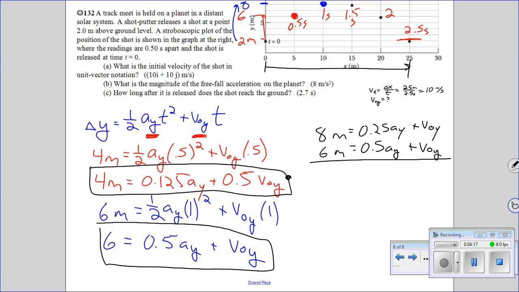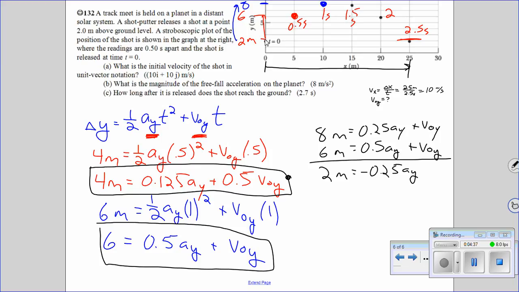Now I can just subtract, right? 8 minus 6 gives me 2 meters. 0.25 minus 0.5 gives me negative 0.25 AY. And V0y minus V0y cancel out. So multiply both sides by 4, and you get